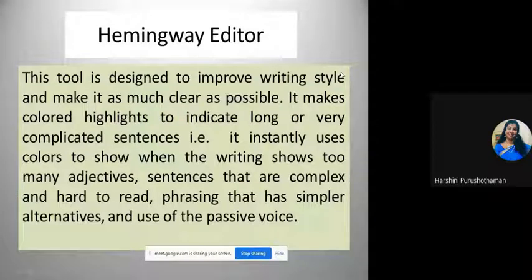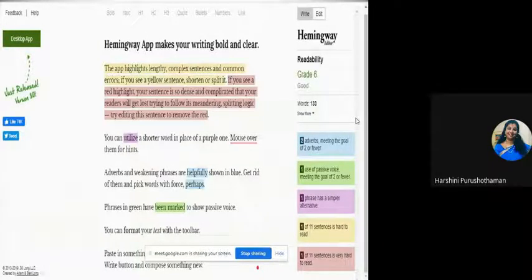So this is a tool which shows all this, and I'll be showing you how it works. See, this is the Hemingway Editor app, where when you upload the document, it will show different colors.